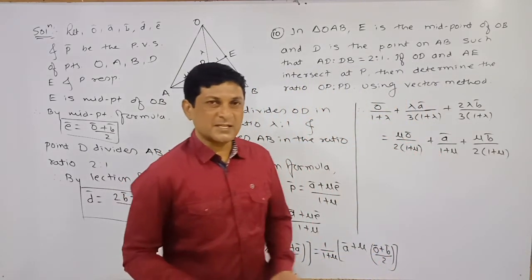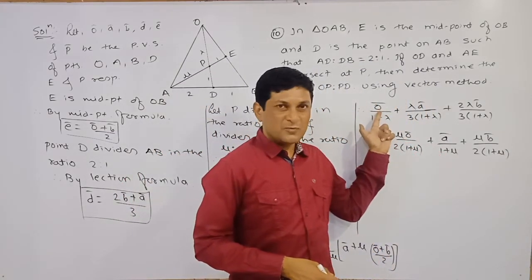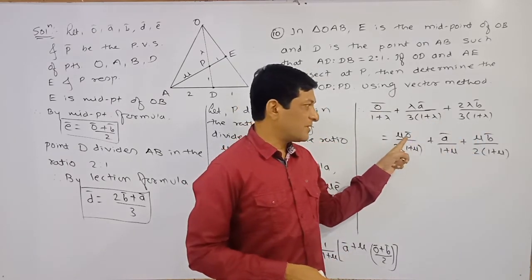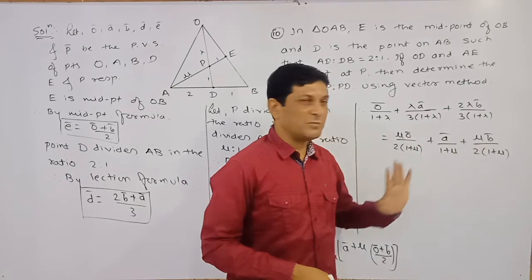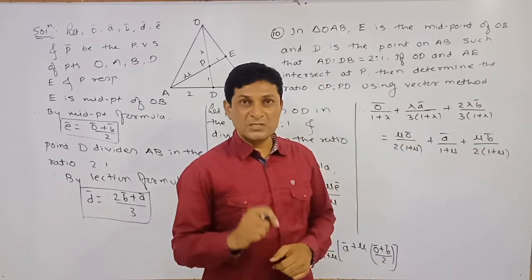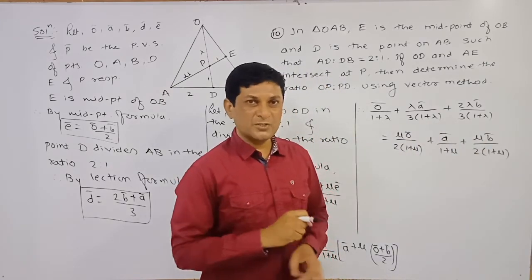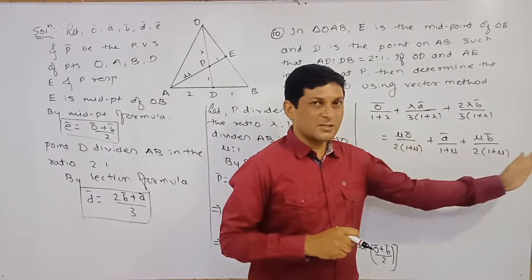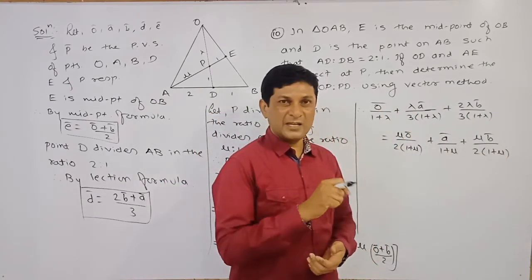Just on the left hand side, first we have written the term of O bar, A bar, B bar. In the same way, on the right hand side also, first we have written the term of O bar, A bar and B bar. Means we can say that both the sides are nothing but linear combination of three vectors. Which three vectors? O bar, A bar, B bar. And this is also the linear combination of O bar, A bar, B bar.